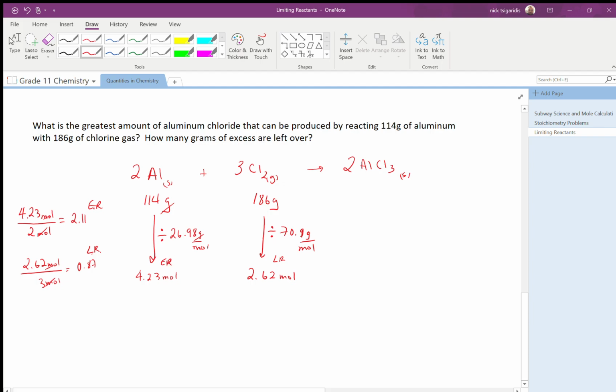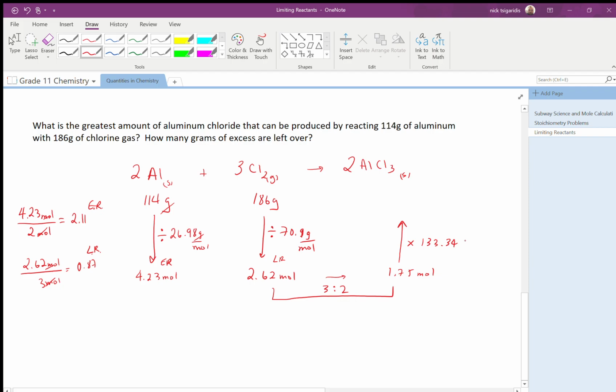That excess reagent and that limiting reagent, we can use that information to help us determine what it is that the question is asking us. So this question says, what's the greatest amount of aluminum chloride that can be produced from this amount of chlorine? And so we have a ratio here of 3 to 2. And when I do that ratio, again, I'm moving in this direction, divide by 3, multiply by 2, I have 1.75 moles of aluminum chloride produced. If I want to determine the mass, I can just take that and multiply it by the molar mass of the aluminum chloride at